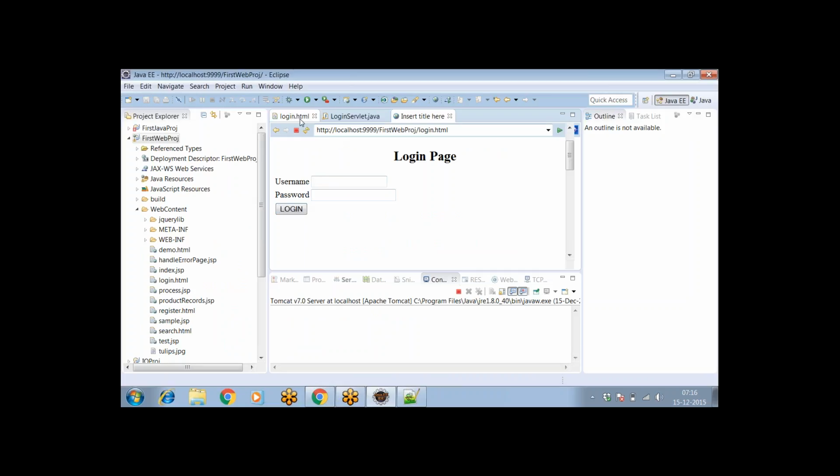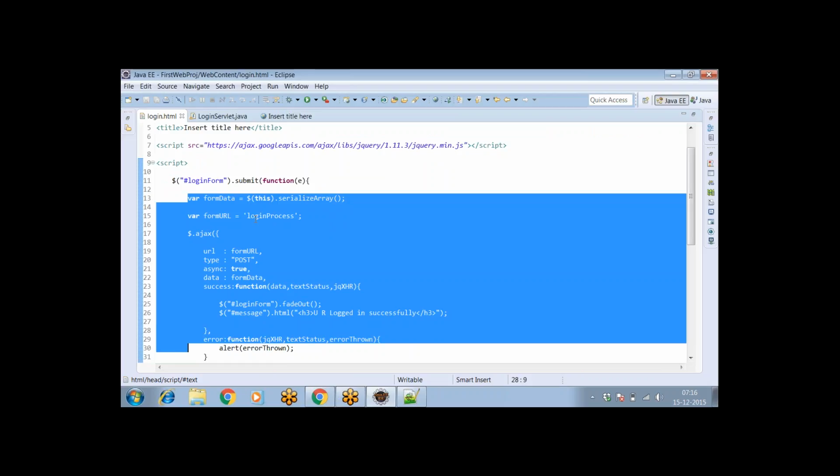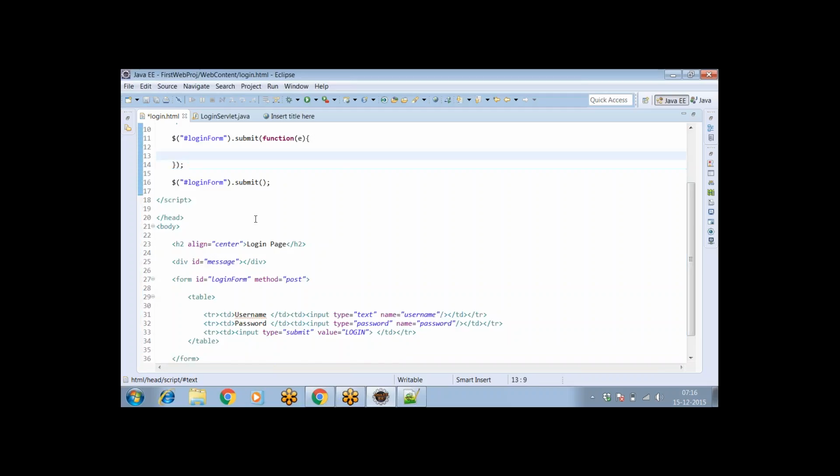On submission, it is not working. Okay, let's do one thing. Remove all this stuff just for a while. Let's do this and remove everything. So let's see that event whether it is invoked or not. Say form submitted, login form submitted. Okay, at least this message has to be displayed, right? So if we are able to handle that event,